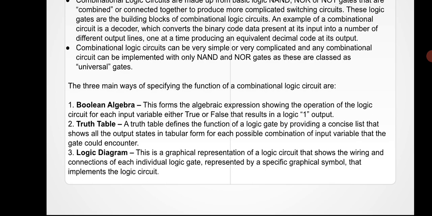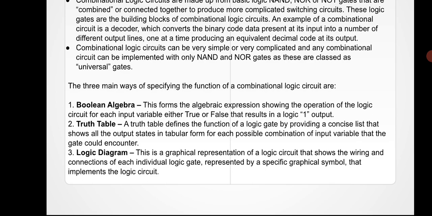So you can build a particular logic circuit using the truth table also, because you will know what kind of output you are going to get after building the truth table with the input as well as the operation. Both are required, not only just the input. If you have input but you don't know what kind of operations you want to perform on that input, you cannot predict anything, or you cannot go for some usage, isn't it?